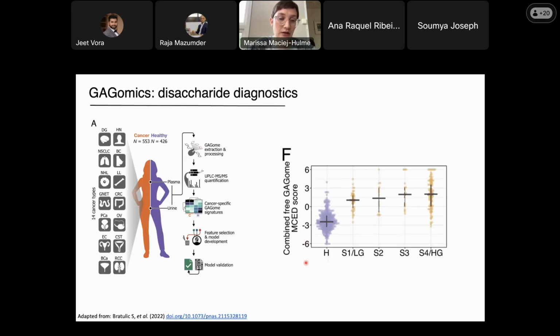So here is the healthy cohort, and these are all the cancer types put together, and then they staged them between early stage, stage 2, stage 3, stage 4, and high grade. And you can see here that quite clearly there's a difference between the healthy controls and early stage or stage 1 of a cancer type. However, although any cancer detection is clear, which one cannot be deduced from disaccharide GAGomics? Otherwise, they would have shown this in the data. And this actually highlights one of the main problems with disaccharide analysis: oversimplification.